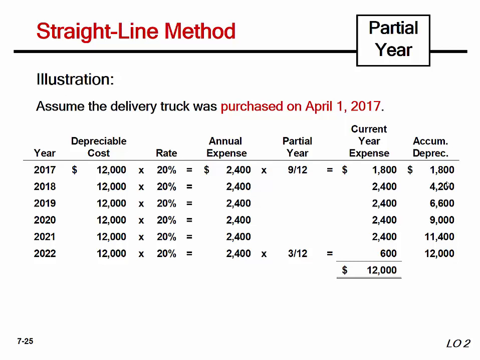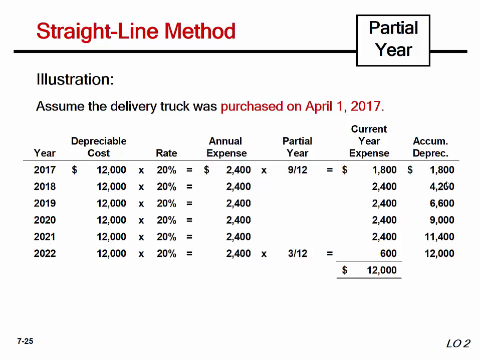With the example we just looked at, the truck was purchased on January 1, which, if you think about it, is the first day of a calendar year. That's what made it so smooth and straight 2,400 every single year for 5 years. It was easy peasy. But I'm pretty sure you can understand that companies do not go out and buy assets only on the first day of the year. So here is an example of what a company would have to do if they purchased that truck